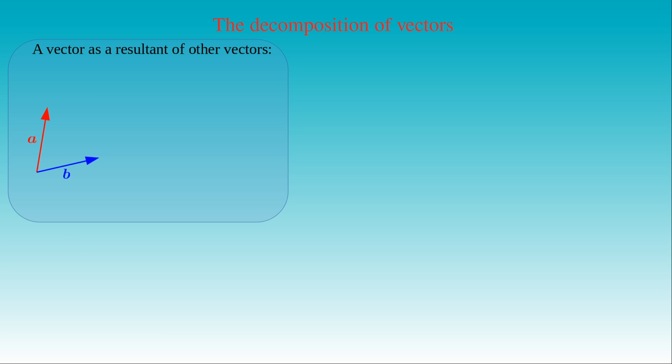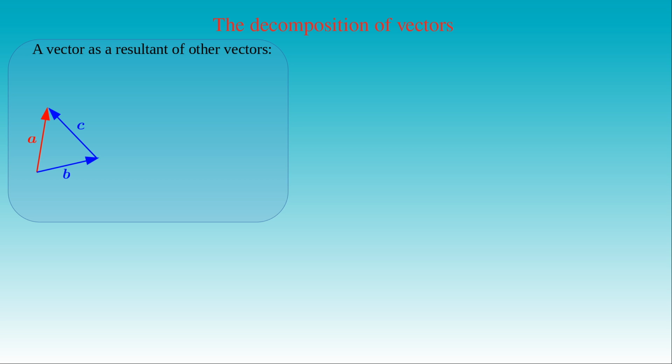When we use vectors in mechanics, we also need to know how to decompose vectors in terms of other vectors. We already mentioned that a vector can be constructed by using a set of other vectors, that is, it can be the resultant of the sum of other vectors. For example, let's take the vector a, which can be constructed from the vector b, translated its tail to the one of the vector a, and the vector c, which points from the head of the vector b to the head of the vector a.